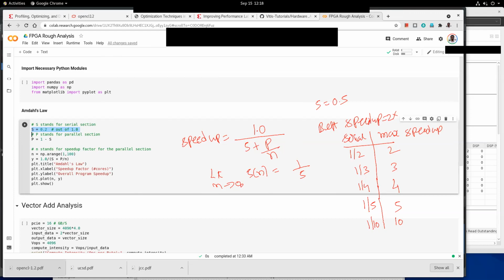So this is what is famously called Amdahl's law, and it is of very much importance for us.